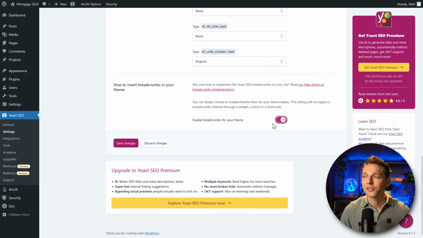When you enable this feature, it will automatically put those breadcrumbs somewhere on your website that you might not want. So I would suggest to keep this disabled and just add them in manually. If you're just using the Gutenberg editor, you can just use blocks and all will be great, so you don't have to use it. Press Save Changes.